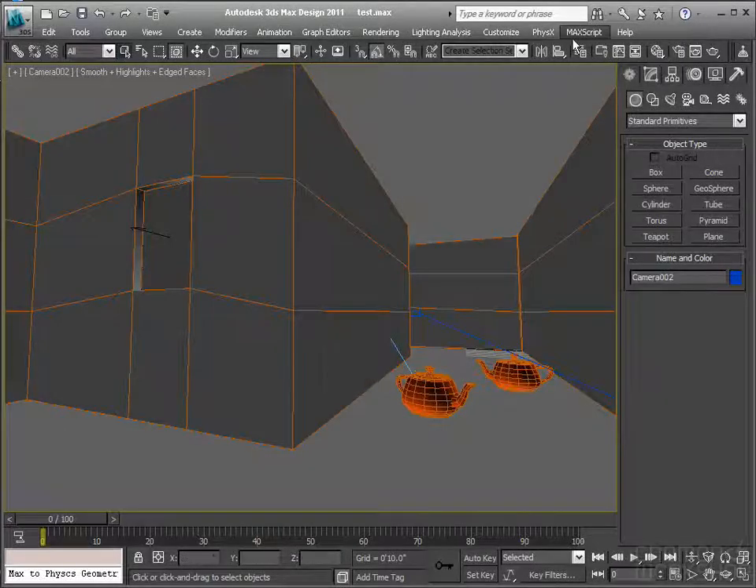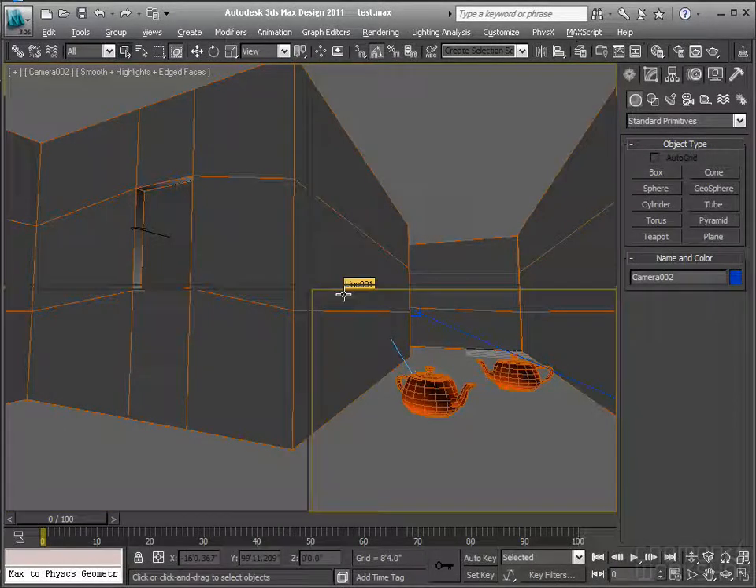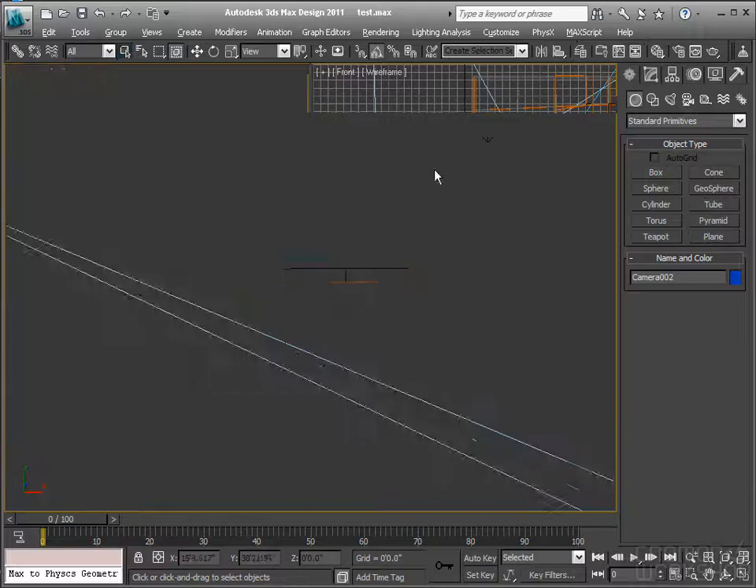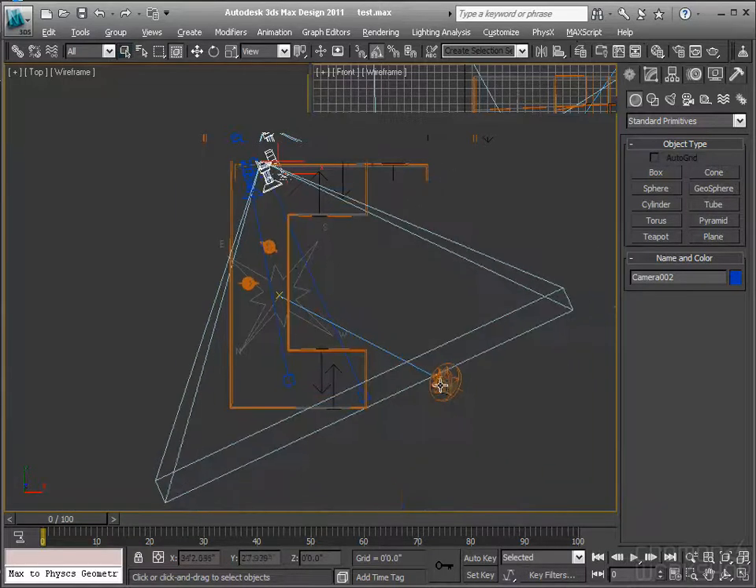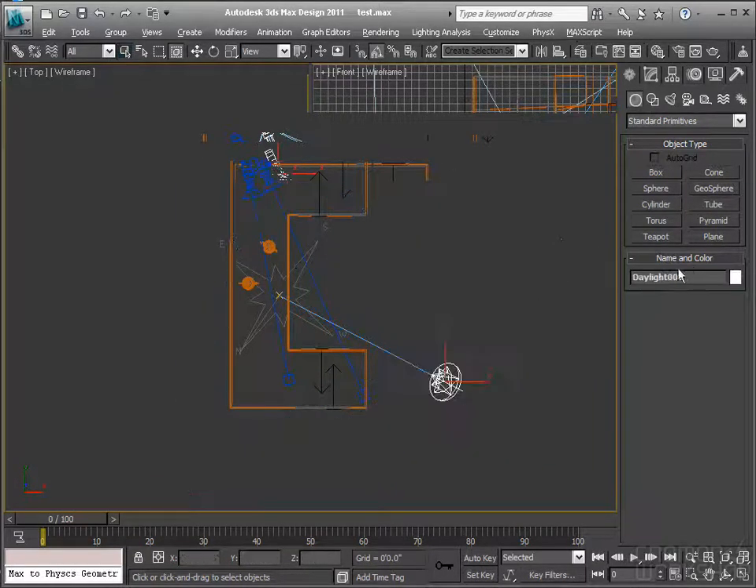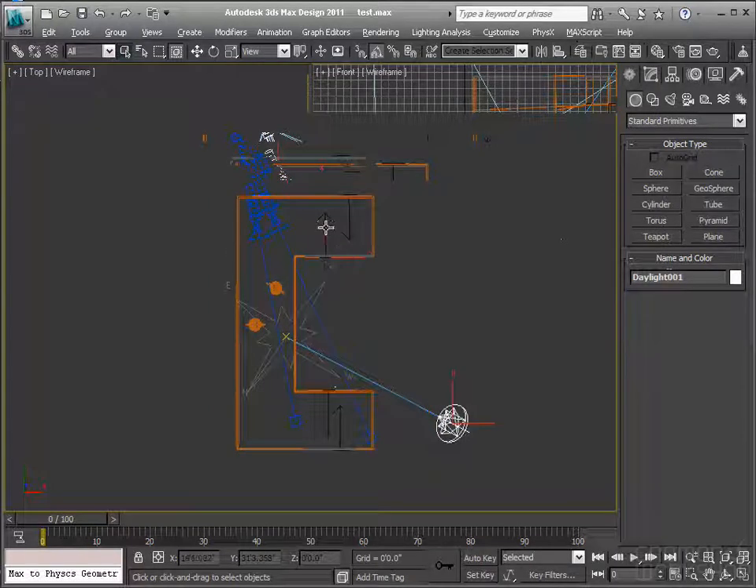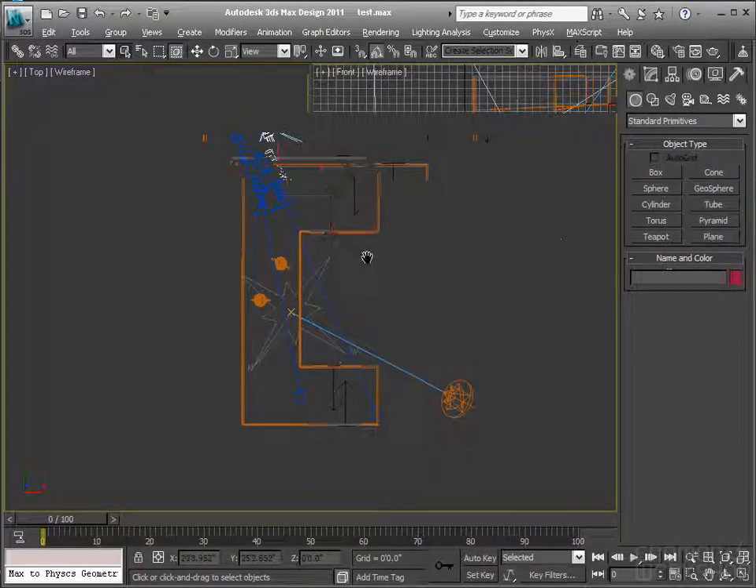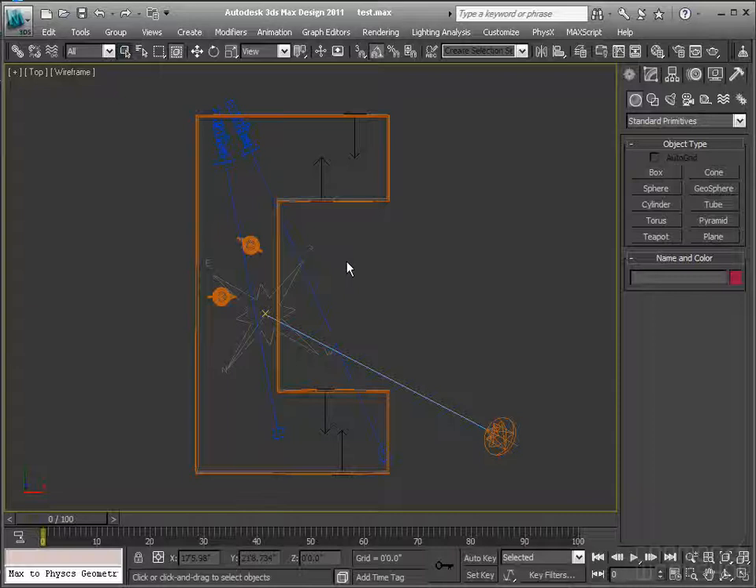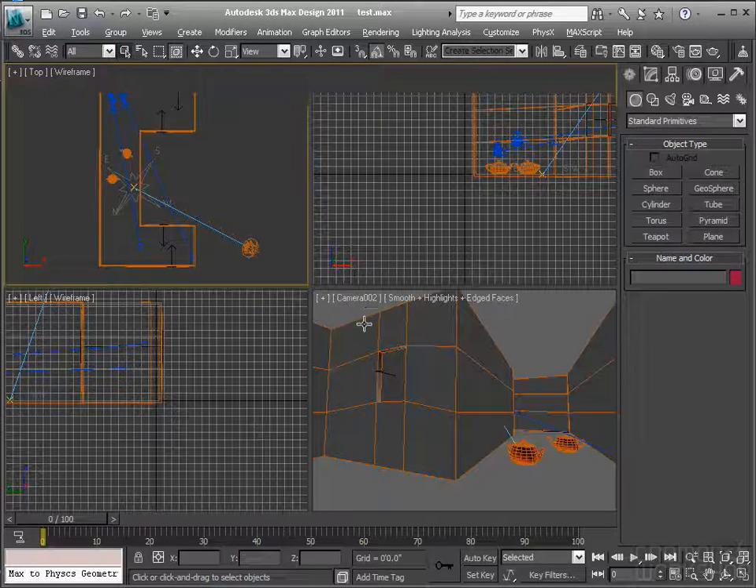So here's the first scene, and right now the only lighting I have is a mental ray sun right here. It's actually a daylight system, and I have 4 windows that I put sky portals on. So the first method that I'm going to show you is the faster rendering technique,